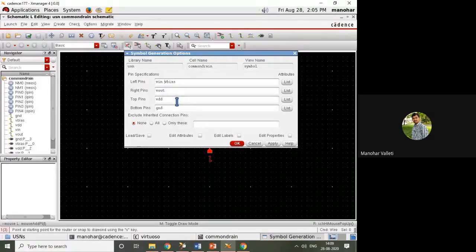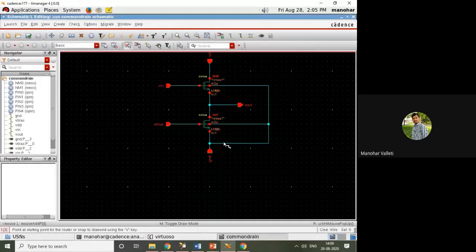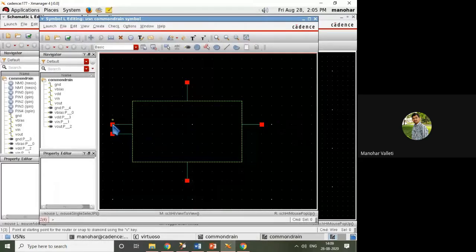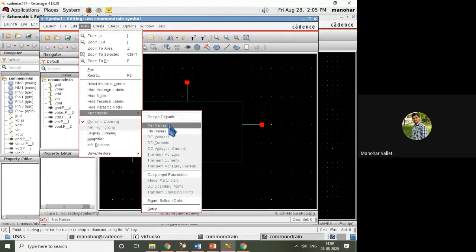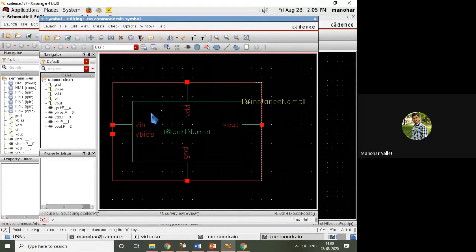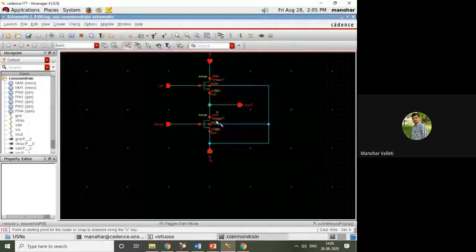Right pin will be V out, top pin will be VDD, and bottom pin will be ground. Click OK. So this will automatically create. So this is your symbol. Check and save. Click close.